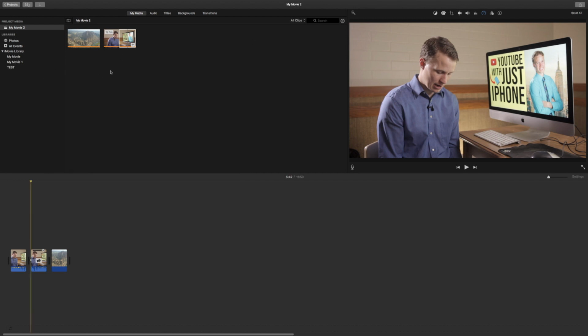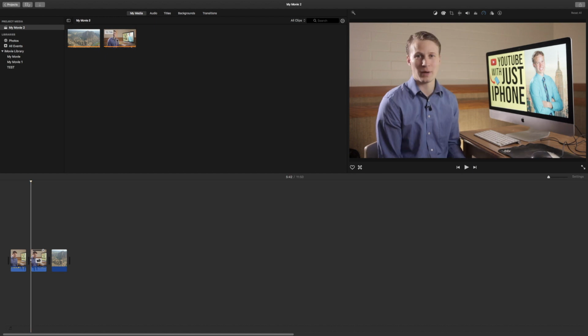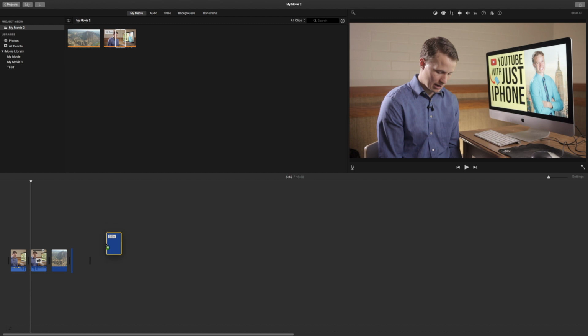Okay, so we'll come back over here to the media browser. Right above it is the project properties. So this allows you to see all of the media that you have in your project. So if you want to select a specific selection in your clip, you can hit I, and you can hit O. And then you can drag that down to the timeline, and that will allow you to select specific clips